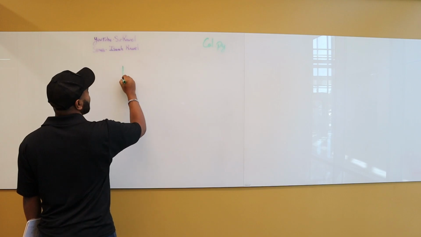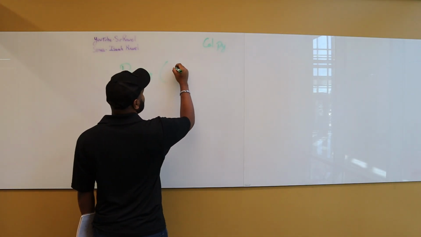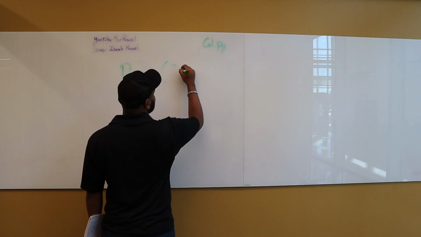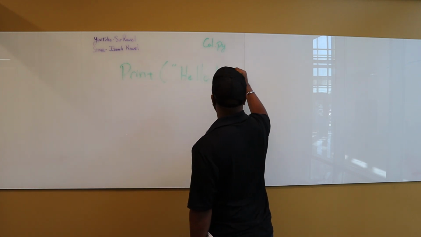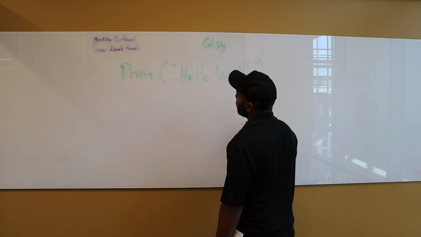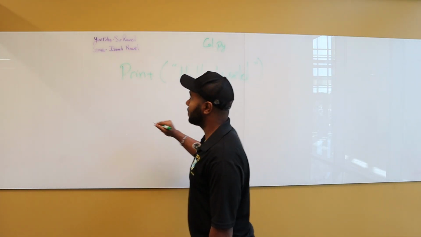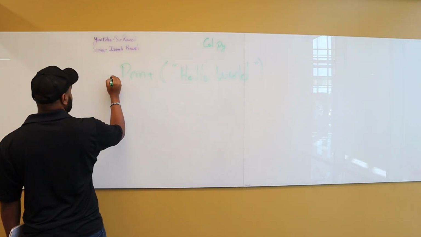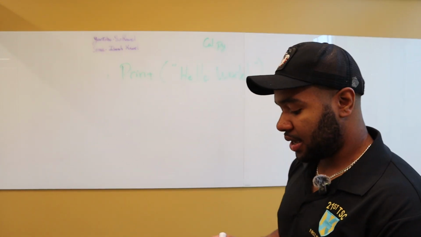It goes as follows: print, open parentheses, quotations, hello world. I really need a better marker. Print hello world, right? This is a flatline code. This code is, oh my gosh, I need the marker. This code is